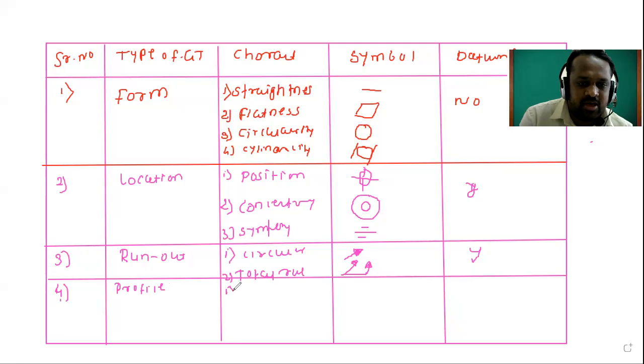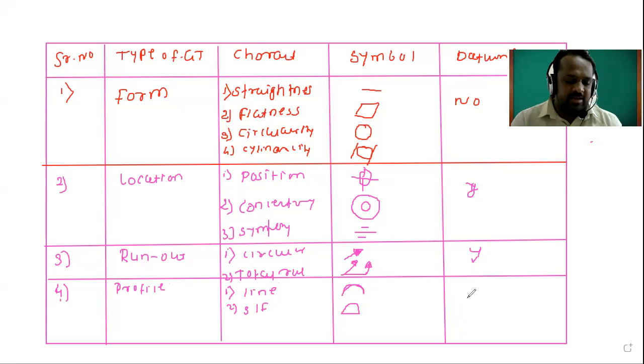Then again, it has two characteristics: line of profile and surface of profile. For the line, what is the symbol? We just have to draw this open, and for the surface we have to close it. Again, is a datum required? It is optional. Sometimes it is required, sometimes it is not required. Optional, we can say. And then the last one is